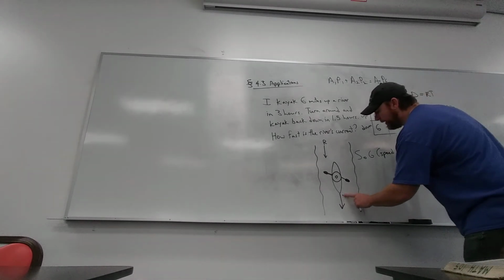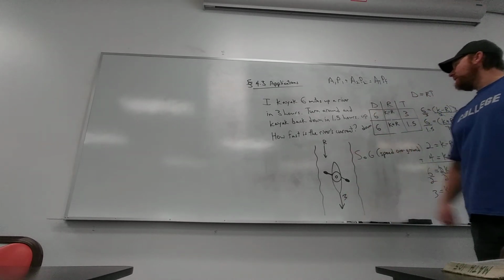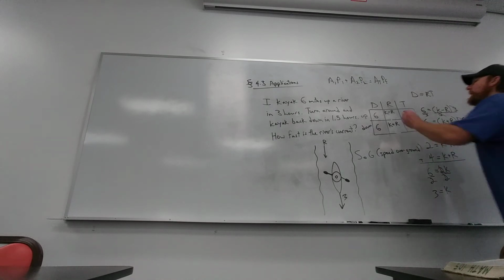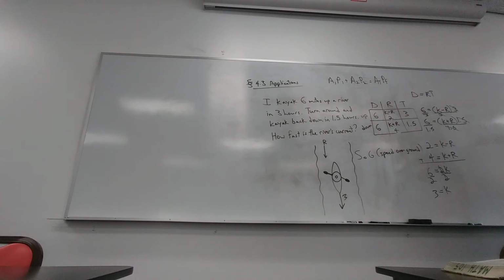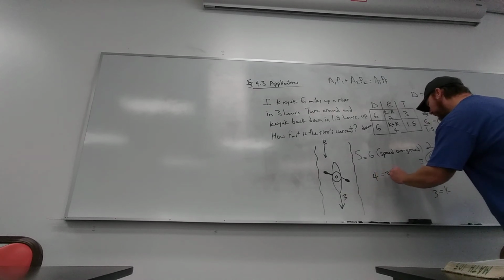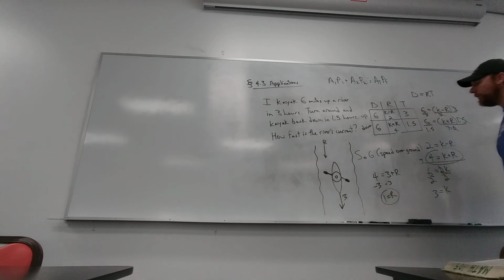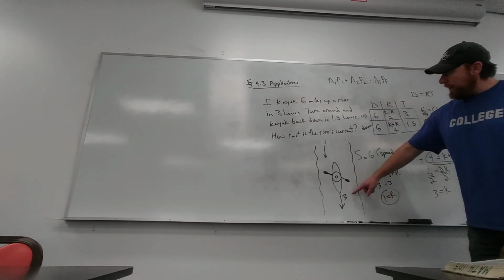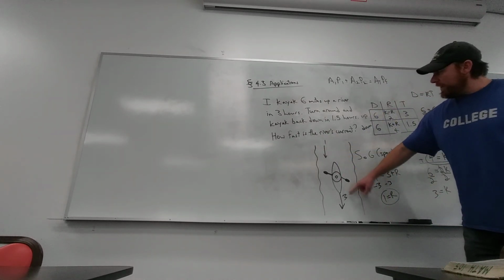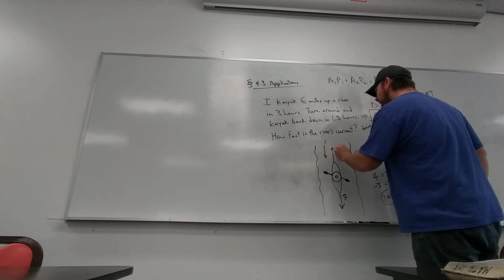That's how fast I'm going. So if I was in a lake with no current, I'd be going 3 miles per hour. But the river's affecting me such that it's slowing me down to 2 and speeding me up to 4. So the river's going to have to be, if I plug in K equals 3, 4 is equal to 3 plus the river's rate R, subtract the 3, and there's the rate of the river. The rate of the river is 1, which makes sense. If I'm paddling downstream at 3 and the river's pushing me 1, 1 plus 3 is 4, and if I'm going the other way at 3,